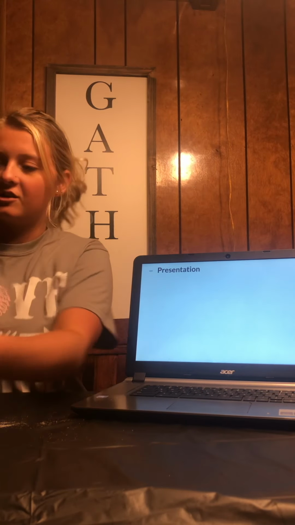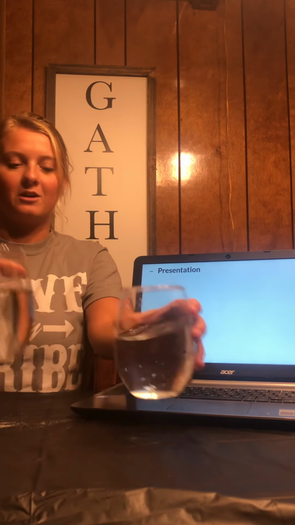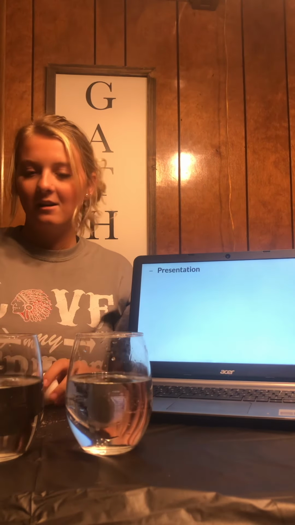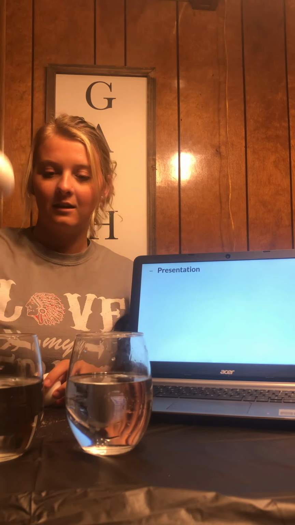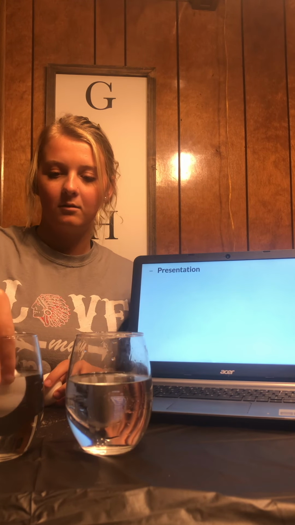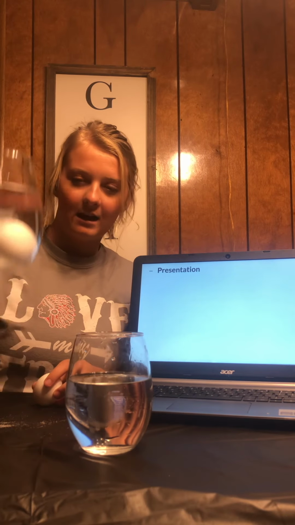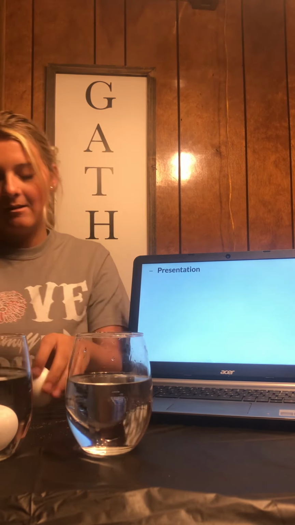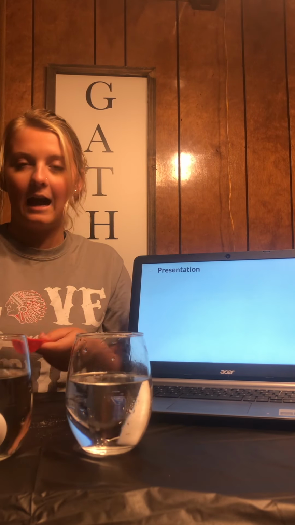And with me, I actually have my experiment, so I'm going to show you guys. I don't know if it's a very clear picture here, but we'll work with it. Okay, so here's my regular egg and a regular cup of water. I'll go ahead and put that in there. See how it sinks down to the bottom? So there's that. Now, I'm going to begin to add my salt